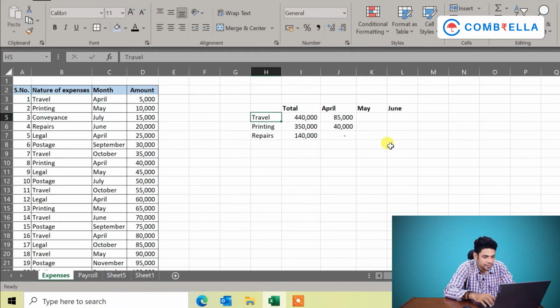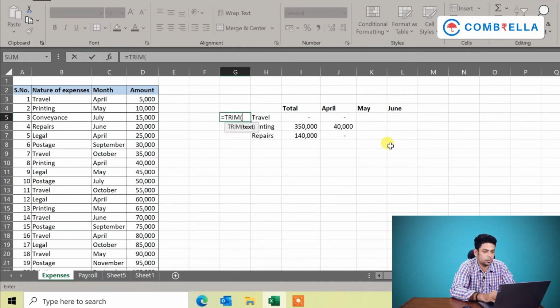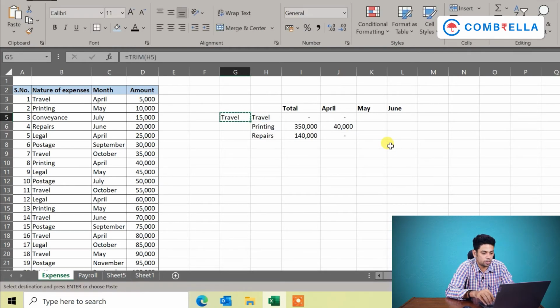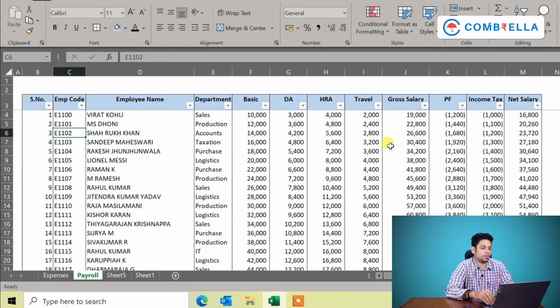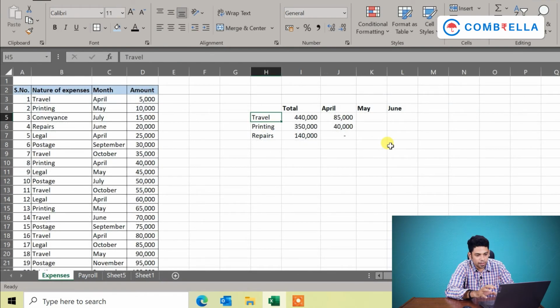You have to go and delete it here, or you can use the TRIM formula which I told you earlier. Trim this, copy and then value paste. Now copy paste it here, and you will get this. So that is one thing you have to keep in mind when using the SUMIFS formula. Apart from that, the SUMIFS formula will work fine without much problem.